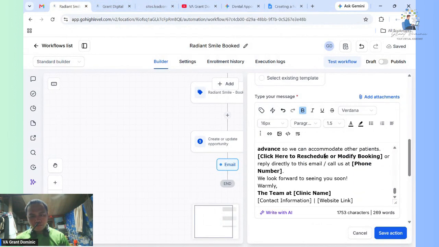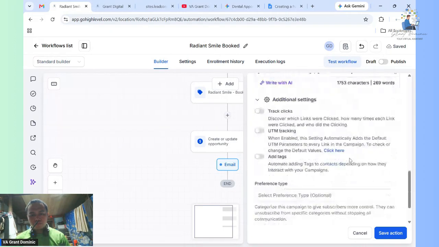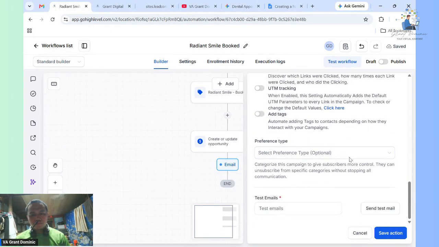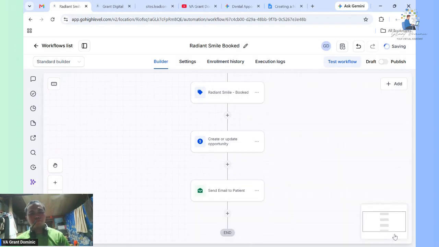Paste this. So we'll save action. So we have already made an email.